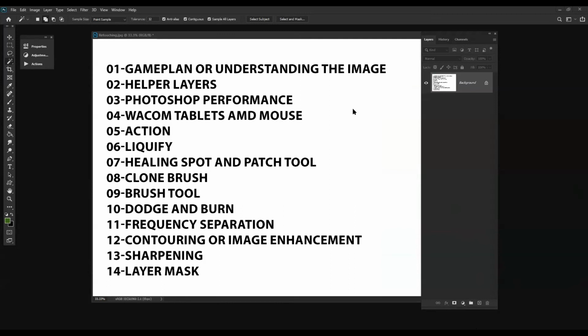Okay, fine. So next we go to healing, spot healing, and patch tools. Today we will understand the basic details of spot healing and how it works. We will understand the basic difference between these three.